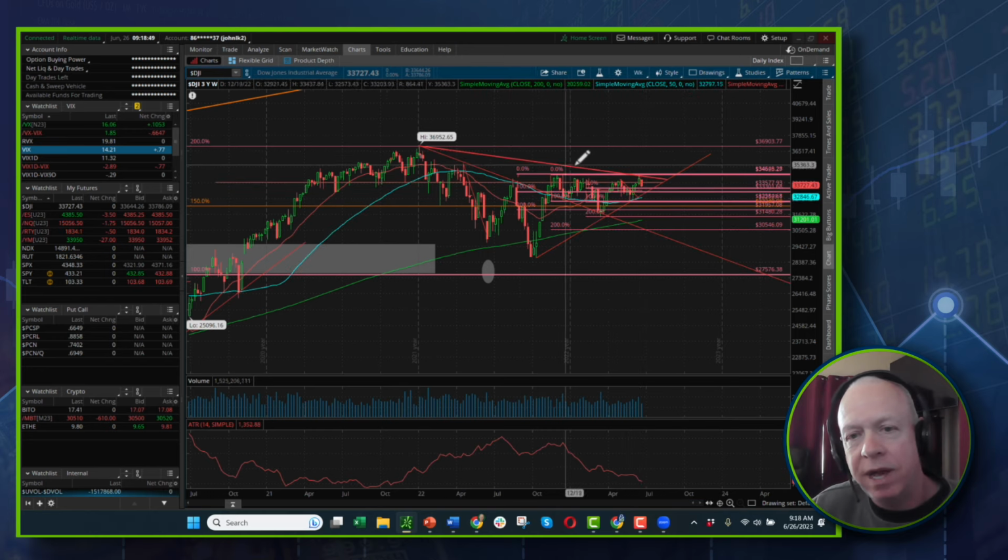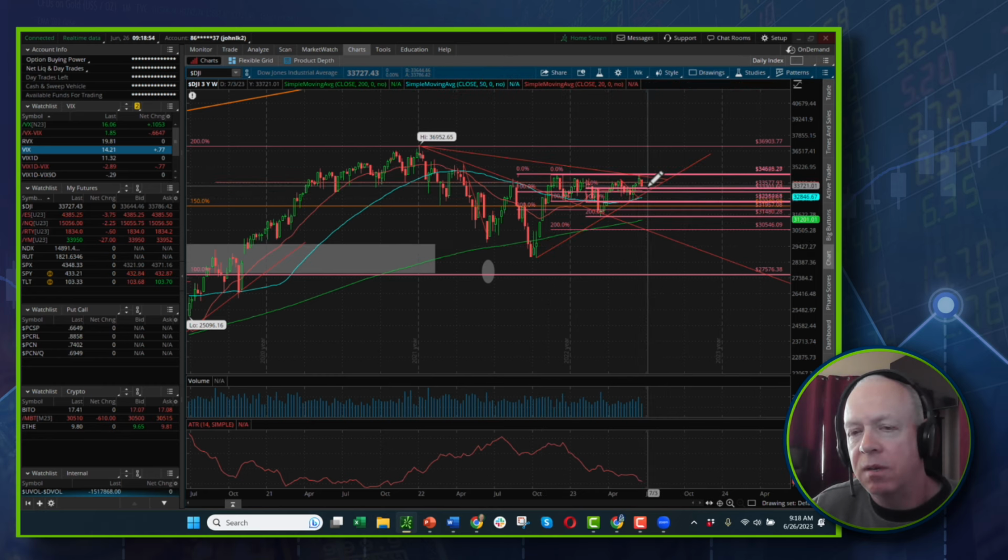So now here's my new downtrend monitor. Here's my new uptrend monitor. We're kind of in what we call a chop zone here, where short-term price movement's a little bit unpredictable. If I'm bullish, I want to see this uptrend line hold. I want to see this downtrend line fail.